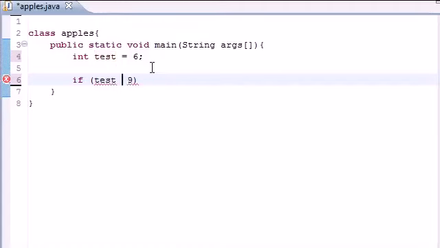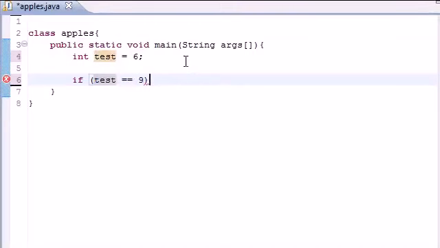So that tests if the variable called test is equal to the value 9. If you want to test if it's not equal, you need an exclamation point and an equal sign, and this means not equal. And of course, as expected, you've got your less than and greater than signs. Is 6 less than 9? Is 6 greater than 9? Is 6 less than or equal to 9? Or is 6 greater than or equal to 9? Those are all self-explanatory, so I'm not going to show you exactly what those mean. But for now, I'm going to use the most basic one. What we're going to be testing right now is if the variable called test is exactly equal to 9,